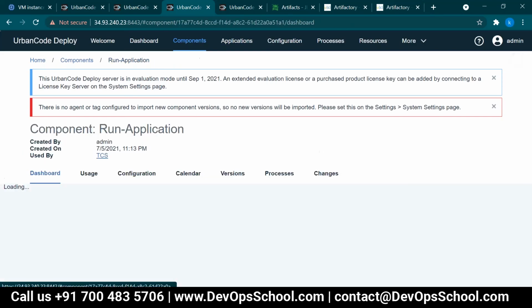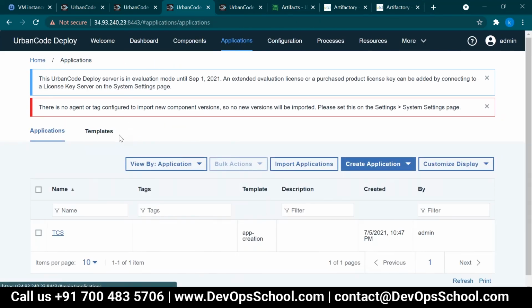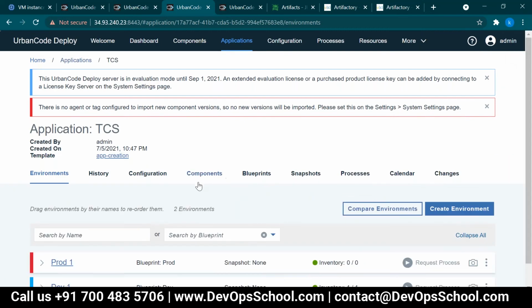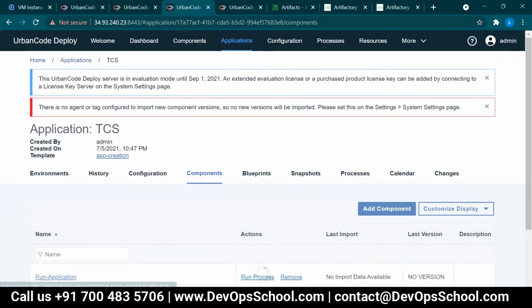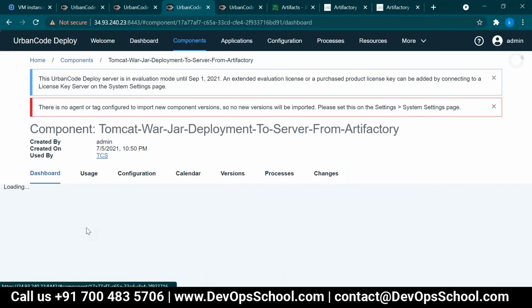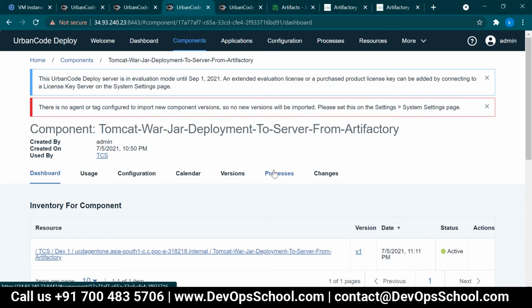In application, it is stating that every time it is installed, right? In component, I can deploy those versions multiple times, but it is stating that this is already installed. So where it is installed, we'll go to the process.